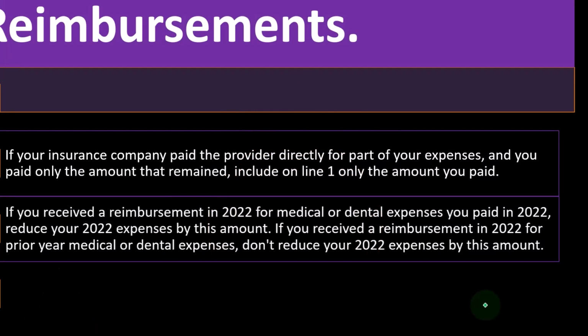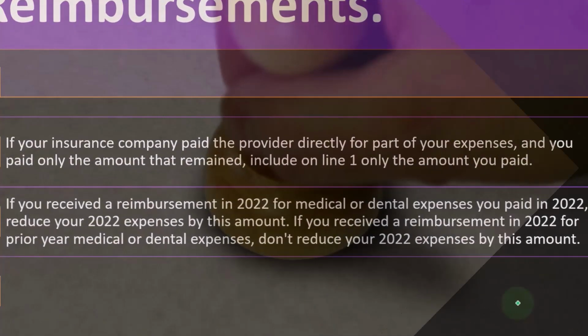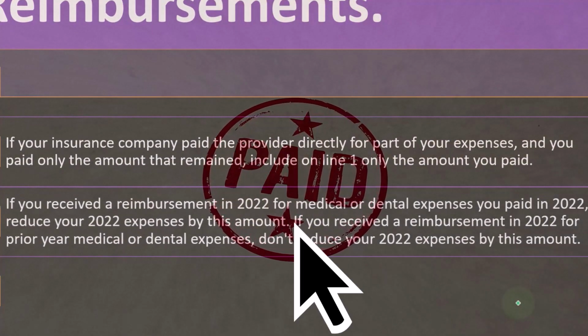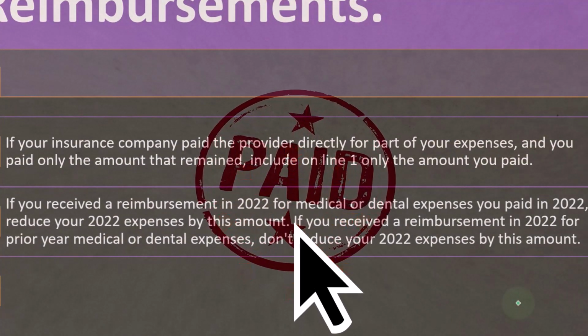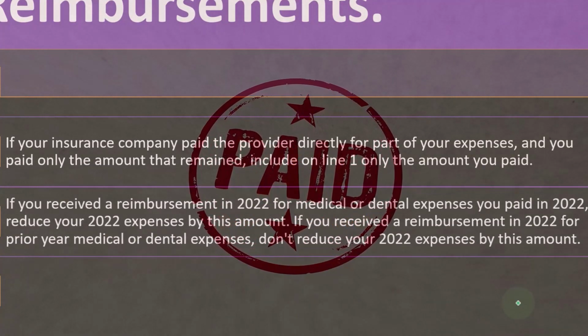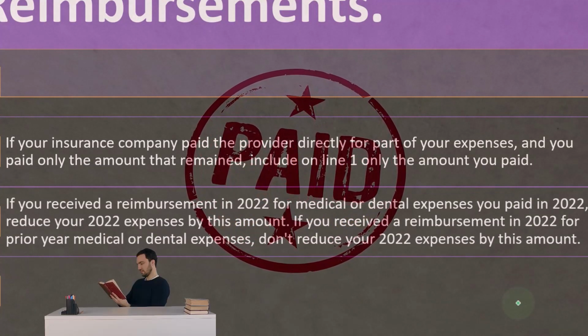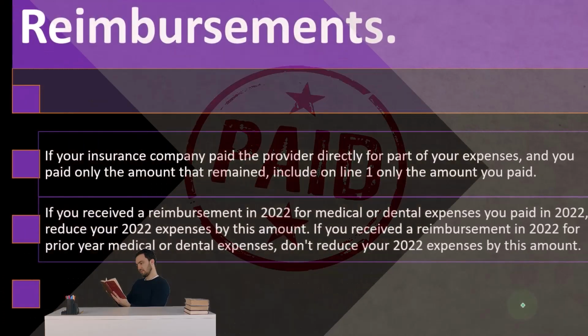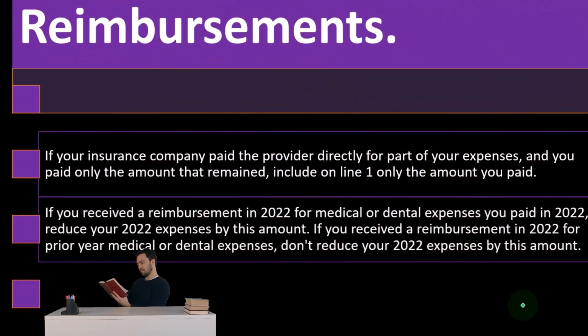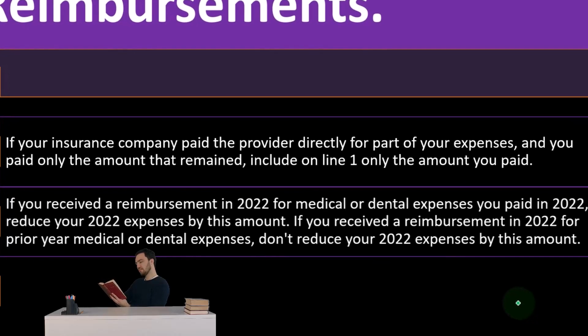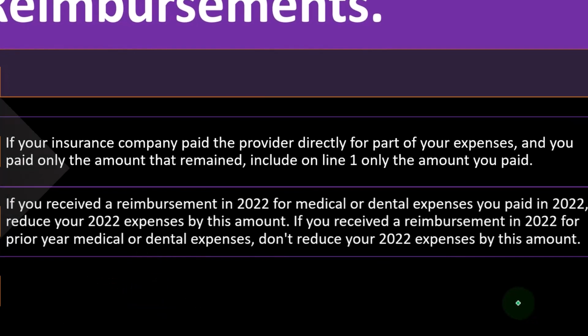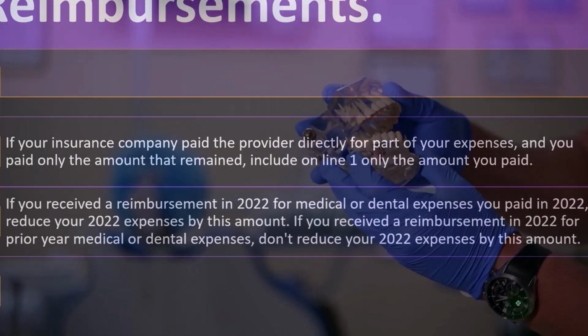So if they came out of your pocket, you paid for the expenses, but then the insurance company reimbursed it, both of those things happened in 2022, then really you didn't pay the full amount, even though it came out of your pocket, because you were reimbursed, and you can only include the amount that you actually paid after the reimbursement. So if you received a reimbursement in 2022 for prior year medical or dental expenses, don't reduce your 2022 expenses